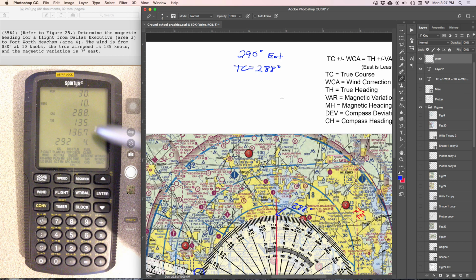You'll notice this gives us two pieces of information: it gives us a heading, but it also gives us ground speed. Just remember that this function will give you both if you have a course and wind information. We're not using ground speed in this problem, but I like to write it down anyway, just in case I might need it later on in the problem. So I'm going to write that down. Ground speed,